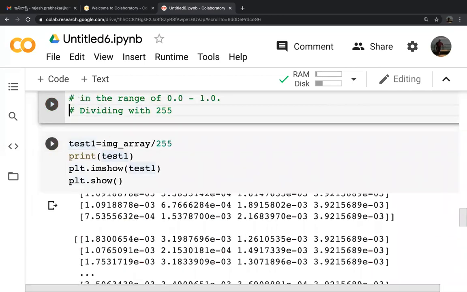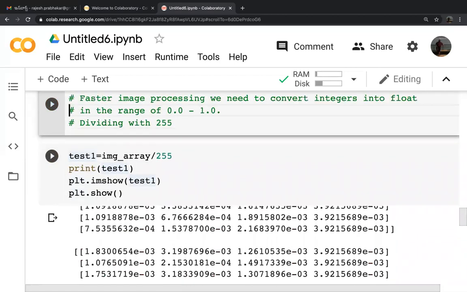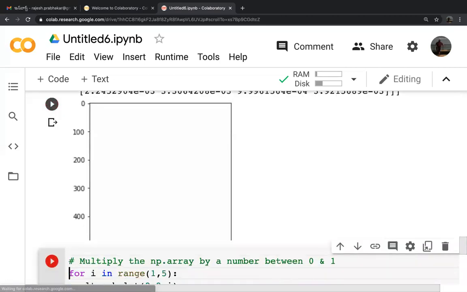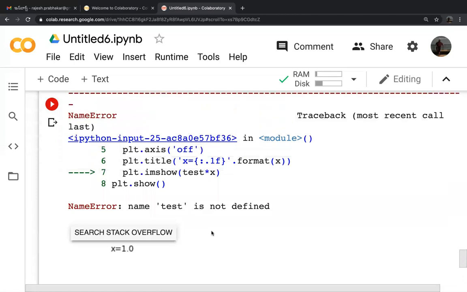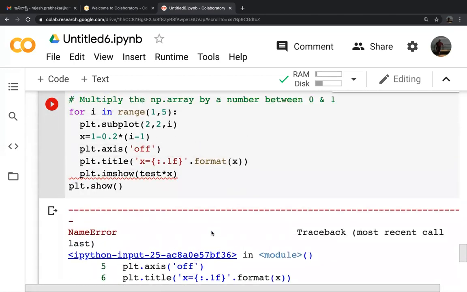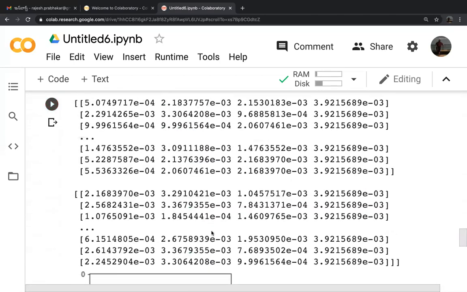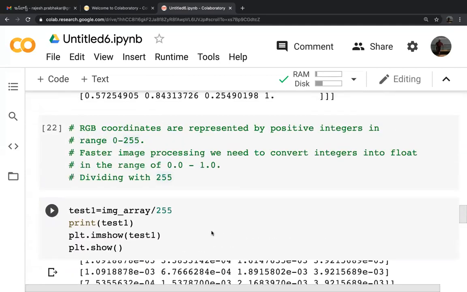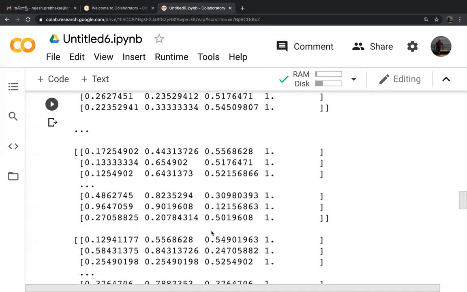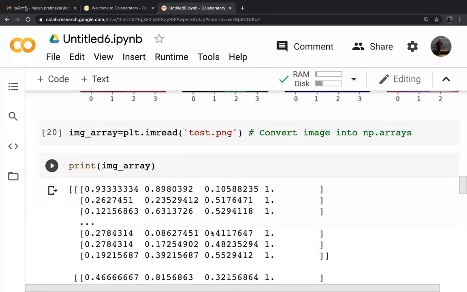Oh, okay. We forgot to import the test. We forgot reading the test, sorry.